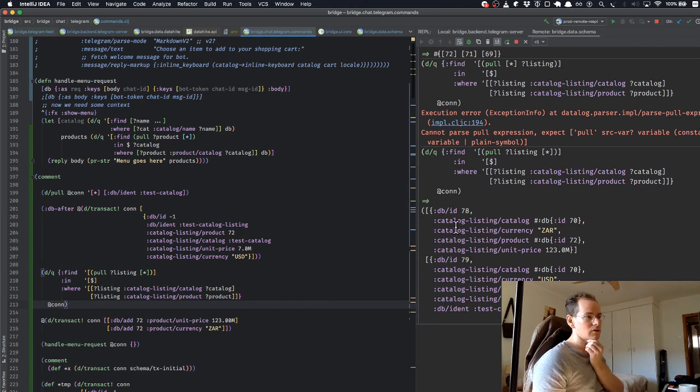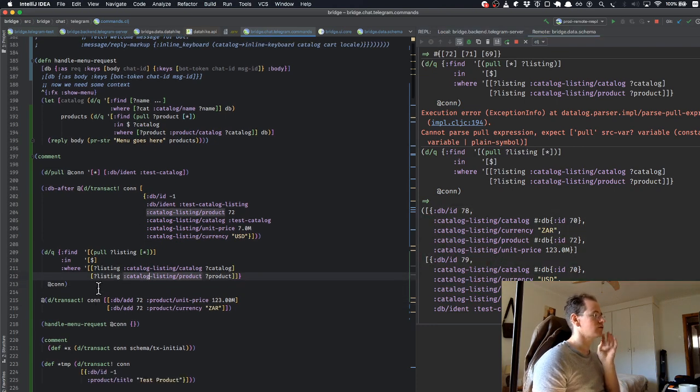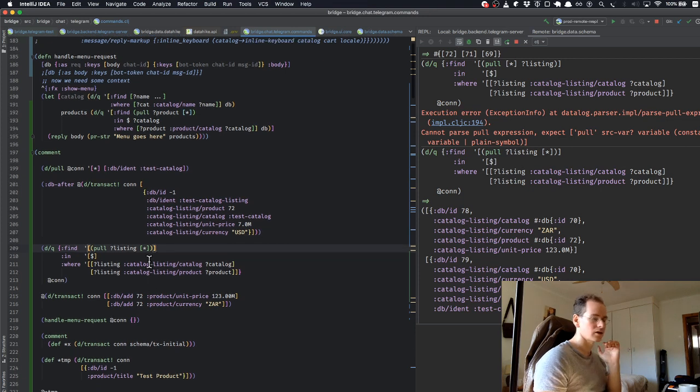Cool. So these are the two listings we made. All right. So if you're not familiar with Datalog, this looks a little bit crazy right now, but there's a